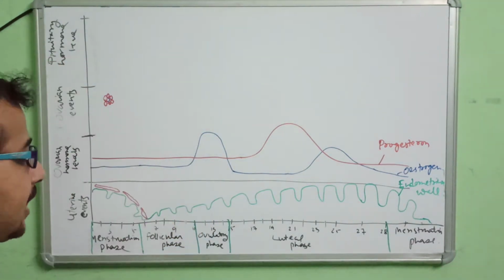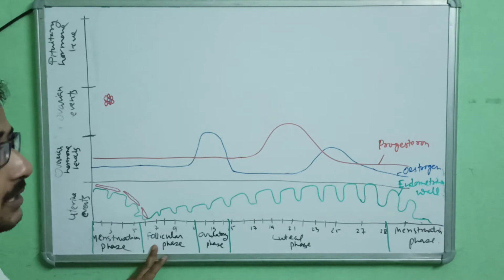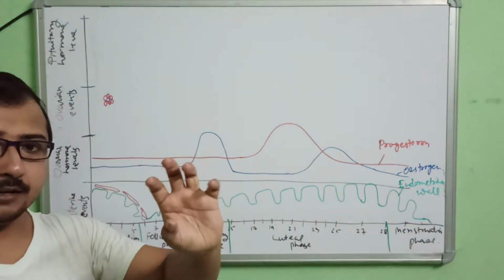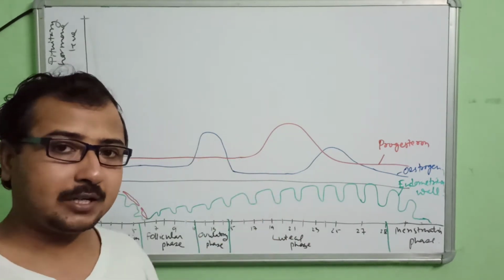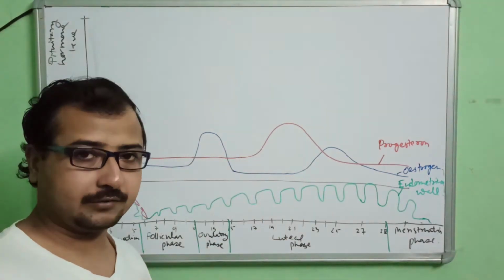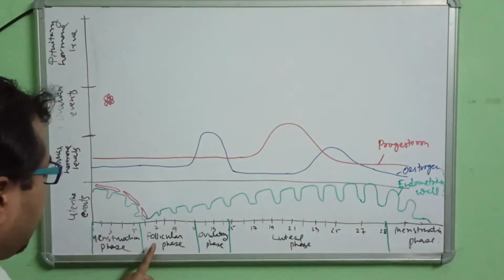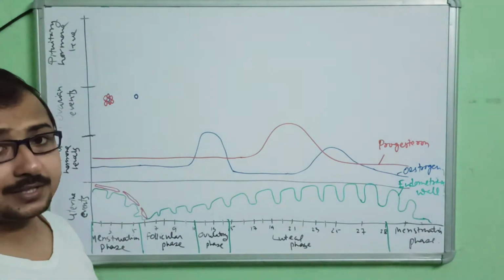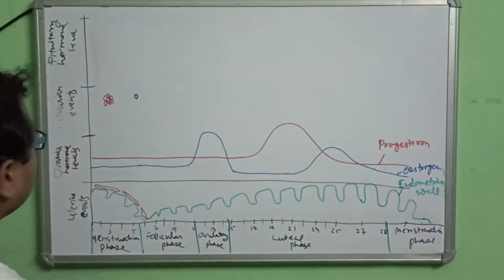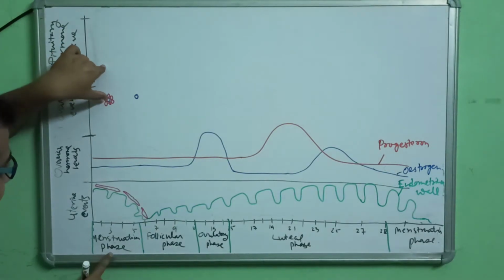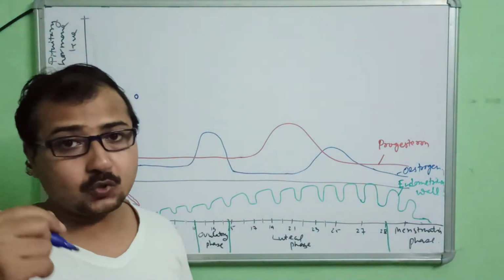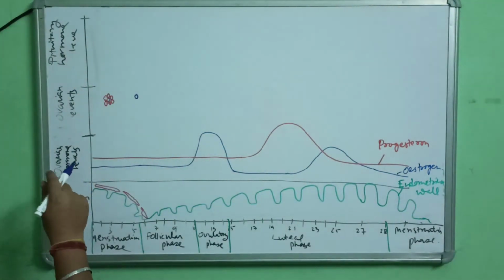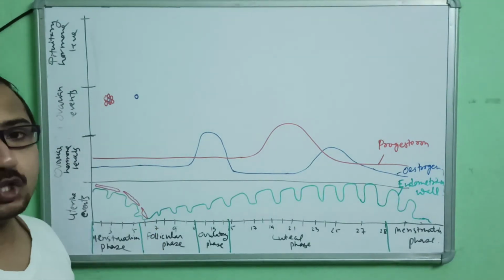Okay, now what happens from the follicular phase? The new follicles start developing. Means from the primary follicle it starts, then secondary, then tertiary, then the Graafian follicle again develops. So in the follicular stage, the cell we see, what is this cell? This is the primary oocyte, if you remember. This blue cell inside during the menstruation phase is the secondary oocyte, the actual mature egg, surrounded by, not the Graafian follicle, I am sorry, the zona pellucida layer.